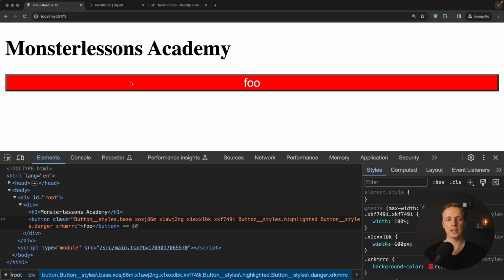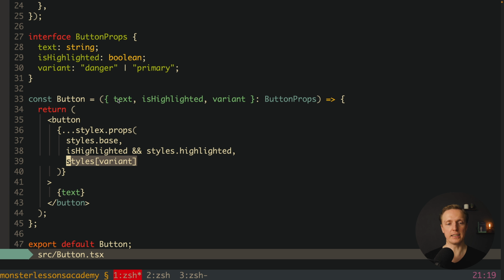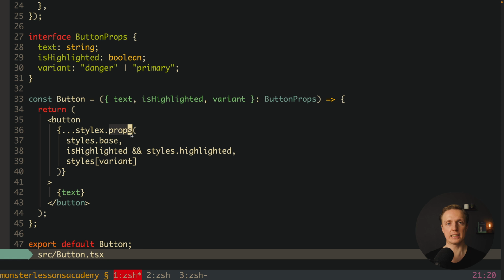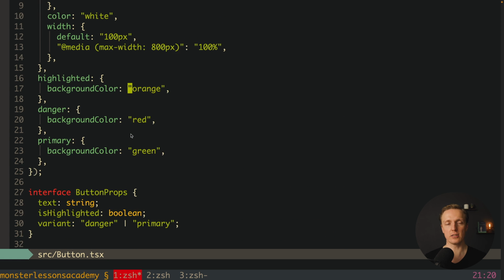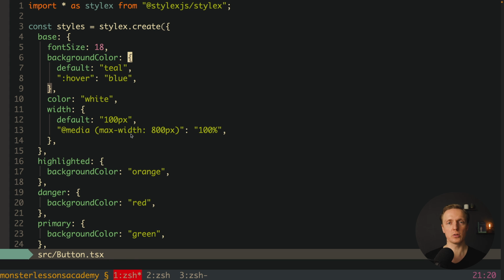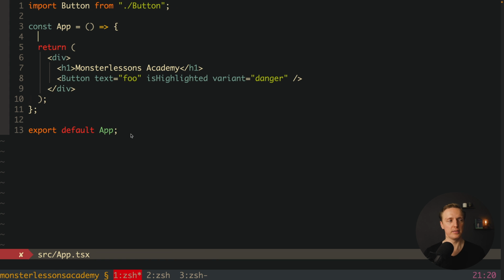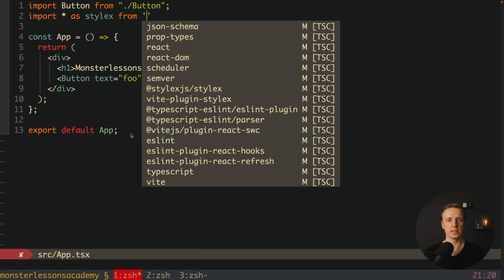As you can see in browser, our button is red because we provided the variant, and now it is dynamic because with the dynamic variant from the outside we are choosing different set of styles. Another question is, can we really override this styling from the outside? And sometimes it is not enough to just style your component, in some case you for sure want to override it from the outside. This is why here inside our app, I want to import * as stylex from stylex,